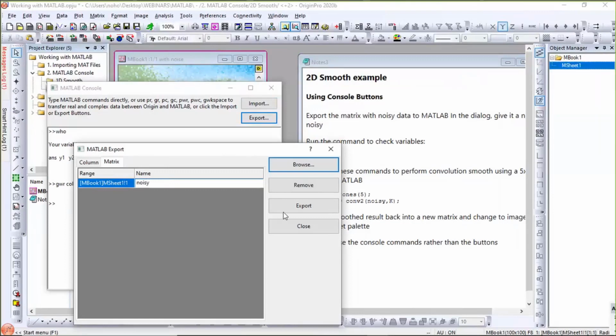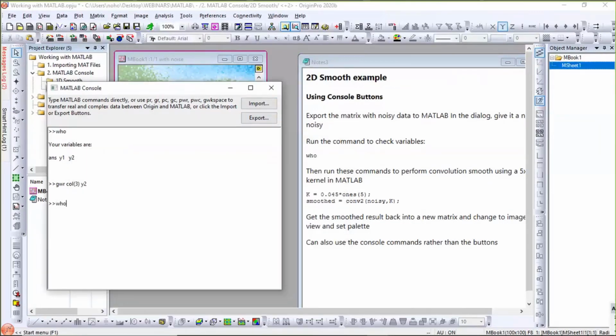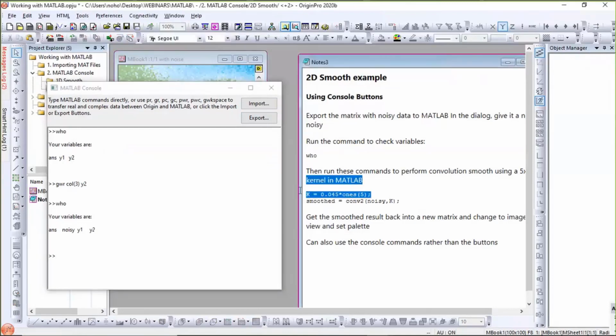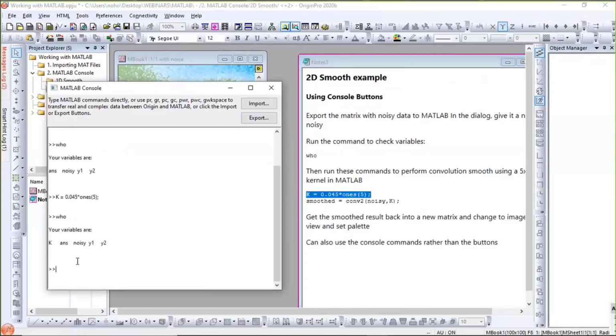Okay. And export and close. So if I go here and say who, you'll see there's a matrix now called noisy. Now I'm going to define a kernel to do a Gaussian, to do a convolution smoothing. Okay, this is now a MATLAB command, of course. So I'm copying, pasting here. K equals a kernel size 5 by 5. Okay, if I type who, there is my K, and then I'm going to do the 2D smoothing, convolution smoothing